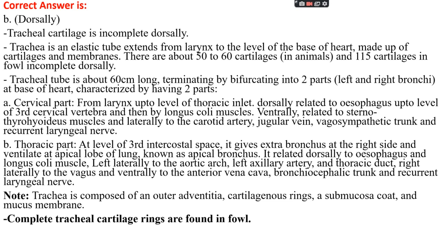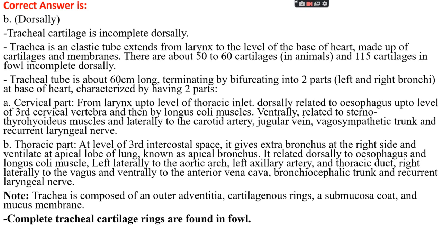cervical vertebra, and then dorsally the longus colli muscles are located. Ventrally it is related to the sternothyrohyoideus muscles, and laterally to the carotid artery, jugular veins, vagosympathetic trunks, and recurrent laryngeal nerves. While the thoracic part gives off an extra bronchus on the right side, which ventilates the apical lobe of the lungs and